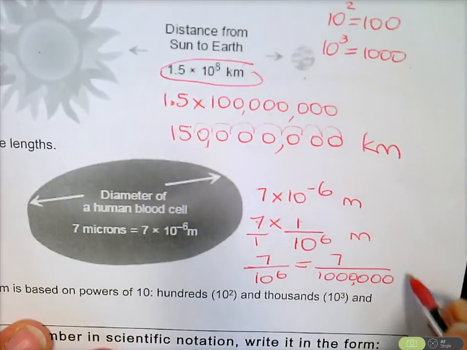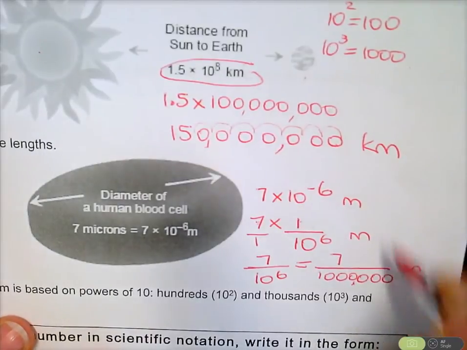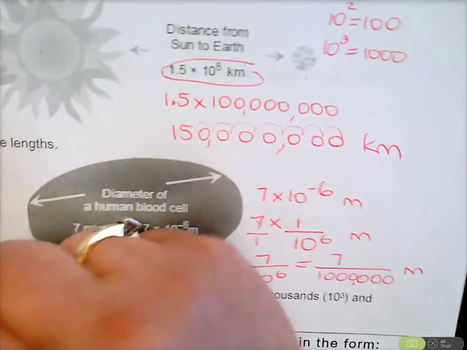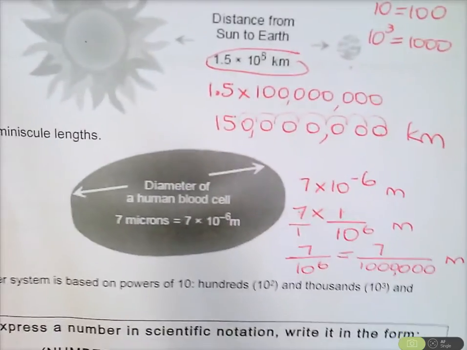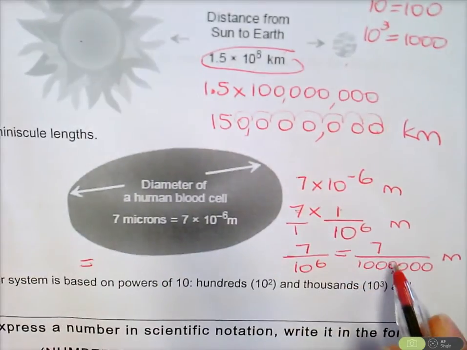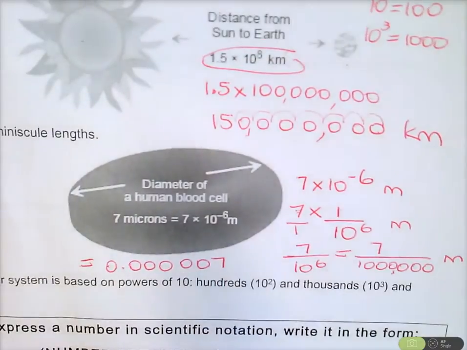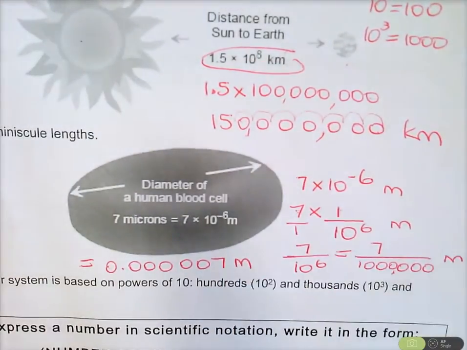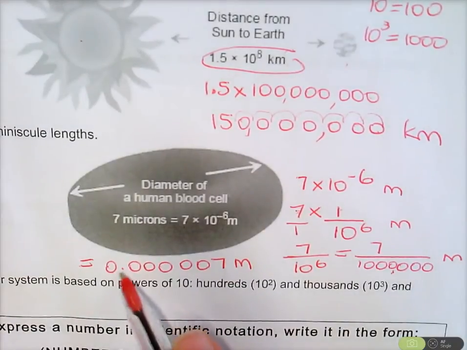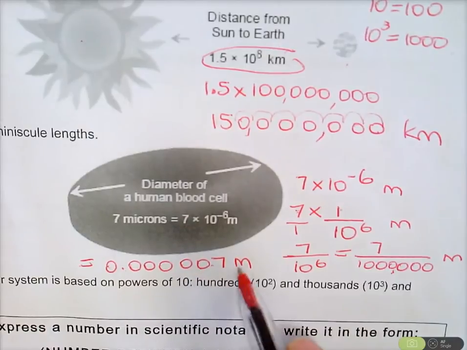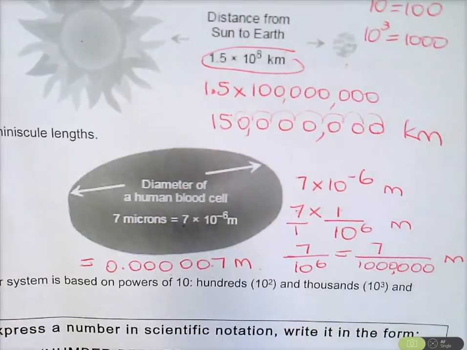Just showing you. Imagine having to write it like that, which is, if I do work that out, I'm going to put it over here. I'm not actually teaching it to you yet. I'm just showing you why we have scientific notation. That is 0.000007. Imagine scientists writing that. The diameter of a human blood cell is 0.000007 metres. Instead of writing that, they write it like this, 7 times 10 to the power of negative 6